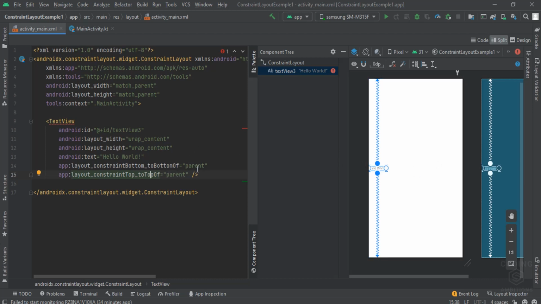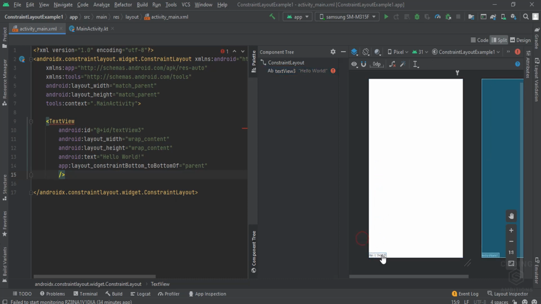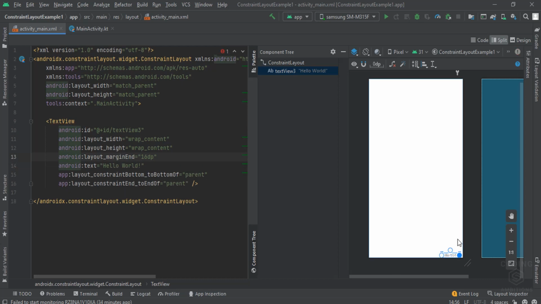So let's first of all see this thing. Yes, it's done now. It has aligned with respect to the parent in the bottom left. Similarly we can align it in the right. This is in the right. Similarly, if we want to align it vertically in the center and horizontally in the center, then what we can do is, this is the right, and we can also apply left constraint. Now it is horizontally center.